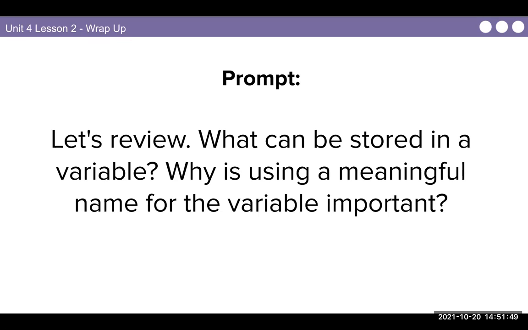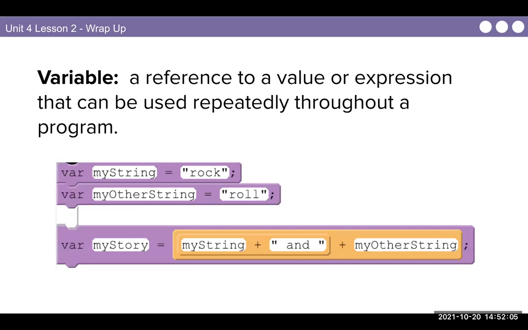If I am doing a poem variable, maybe it would be word1, word2, rhyming words. You want your variables named in a way that makes sense for your program. A variable is a reference to a value or expression that can be used repeatedly throughout a program. Var myString equals rock, myOtherString equals roll. Those are variables,